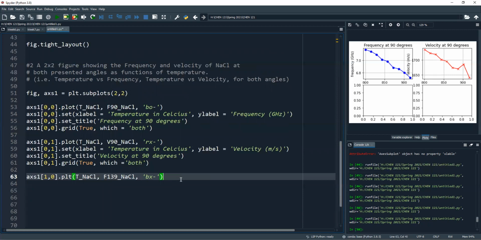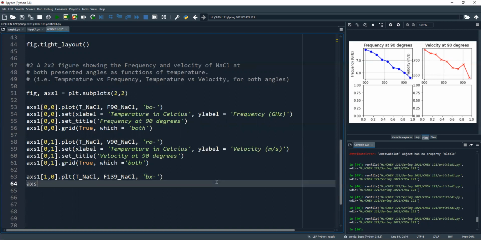So I have a blue X. Actually, let's change this velocity to red circles. So I'll have these top 2 as circles and then the bottom 2 as X's. Okay. And then axs[1, 0].set